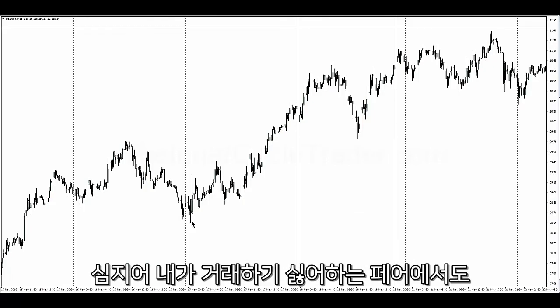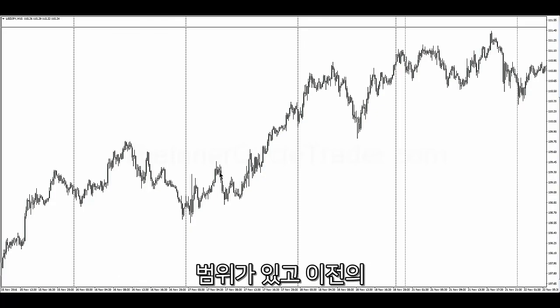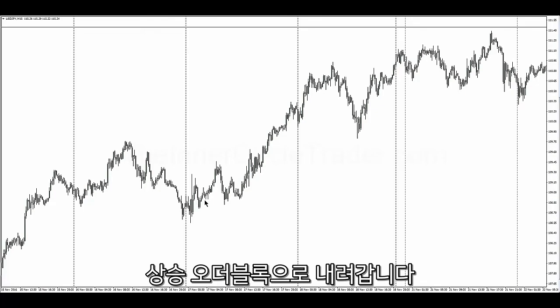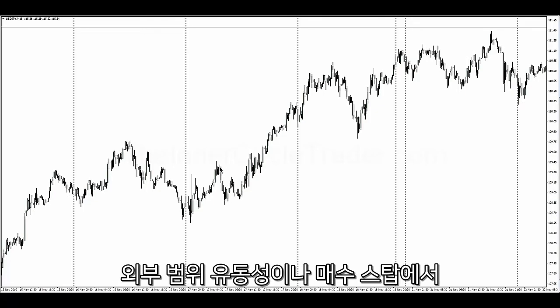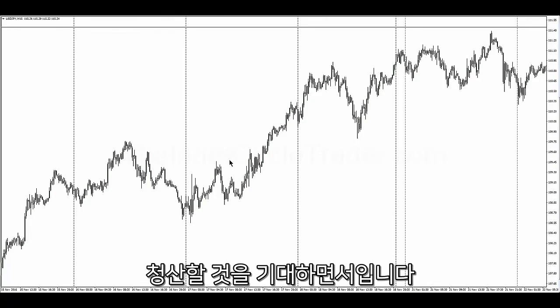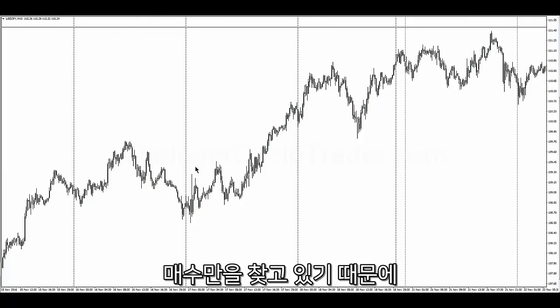And even on a pair I don't even like to trade, the dollar yen. We have a range here from the low up to this high, trades back down to a previous bullish order block. You can buy here with the expectation of seeing range expansion to exit on an external range liquidity or buy stop. Because we're looking for buys only,